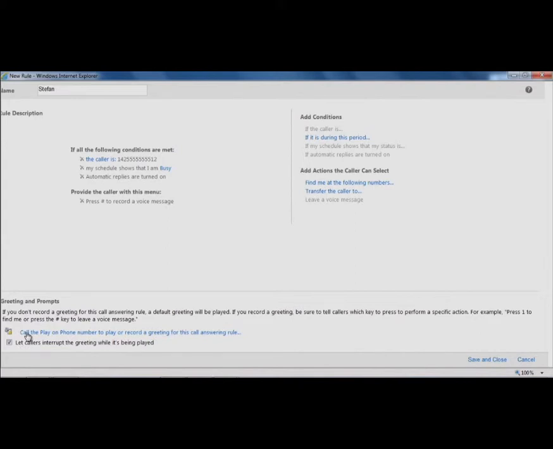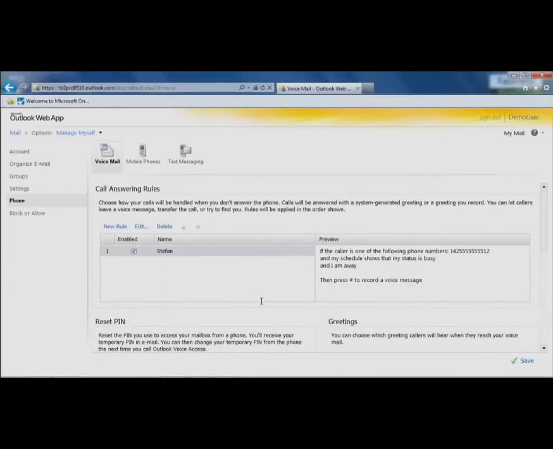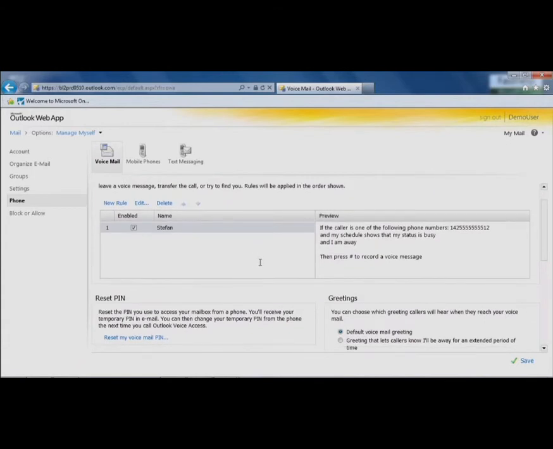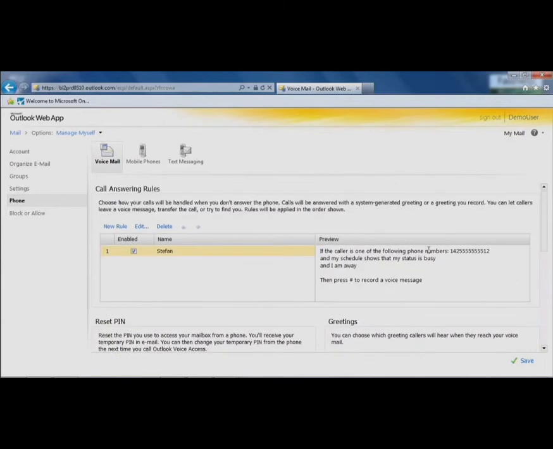And I can record greetings and prompts right here. So I'm going to do all the standard voicemail features. Yep, absolutely. Click Save and Close. And I have my auto attendant for Stefan. So next time Stefan calls me from this particular number, which is his personal number, he's going to hit the